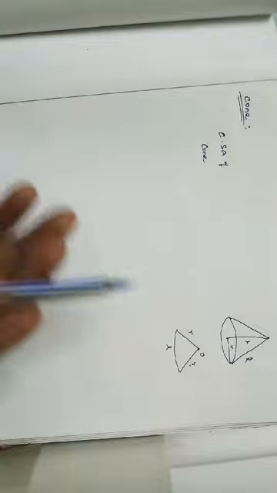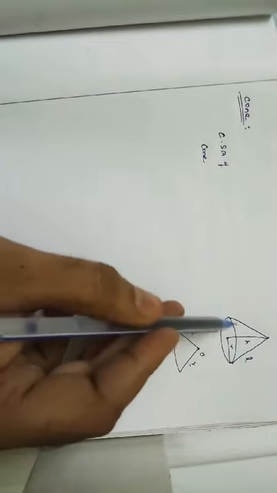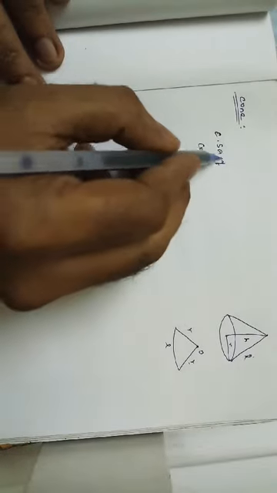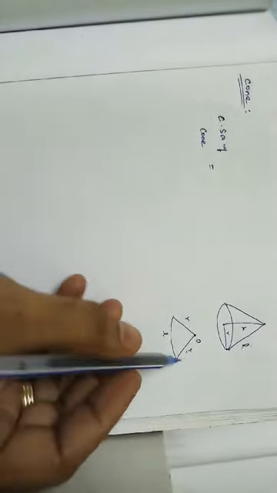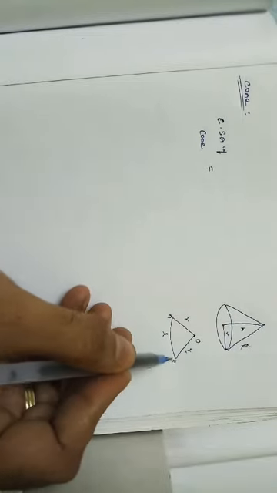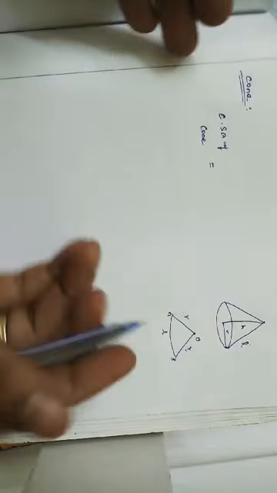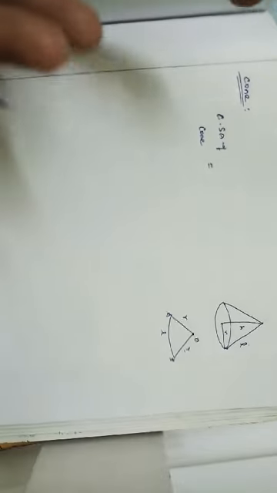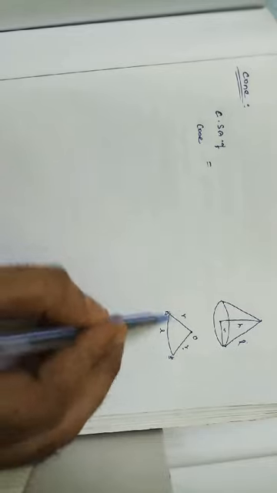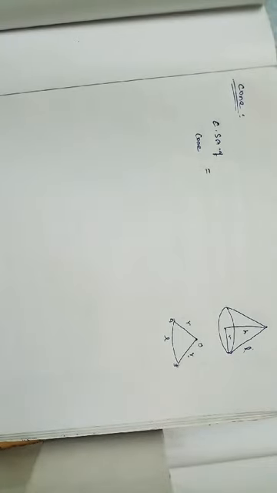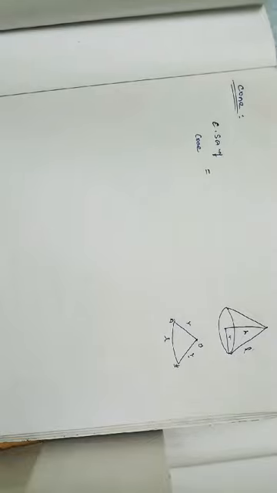Why I am taking this is that while we are rotating this sector, we will get a cone shape. So the CSA of a cone is the same. While we are rotating the sector paper, this is A and this is B. While I am joining these two edges, A and B of the sector, we will get a cone shape, right? And what is the base of the cone? It's a circle shape we'll get, right? So it's the same thing.